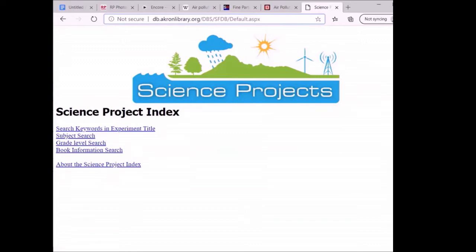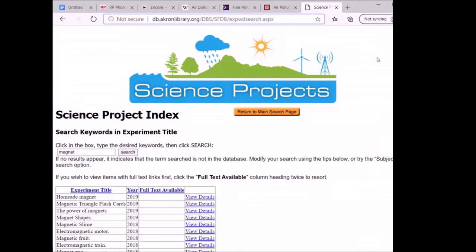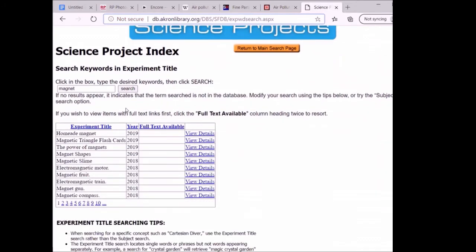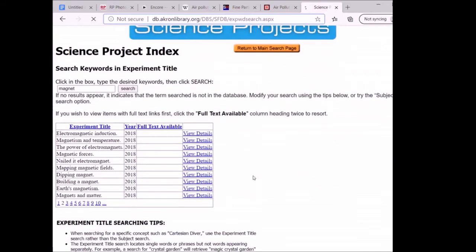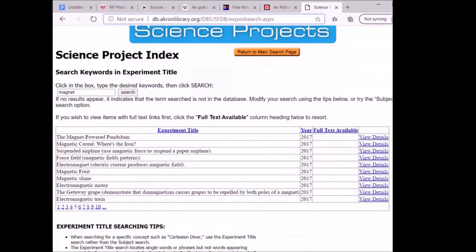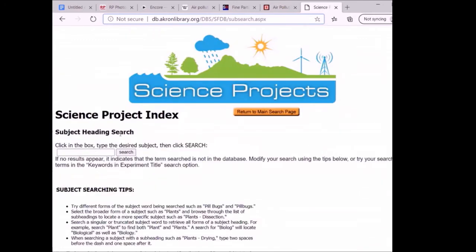This is the front page of the Science Project Index. You can search here by keywords in the experiment title, for example, magnet. This will bring up the beginning of the list, and you can just scroll through to find lots of different experiments using a magnet. Return to the main search page, and this time search magnets